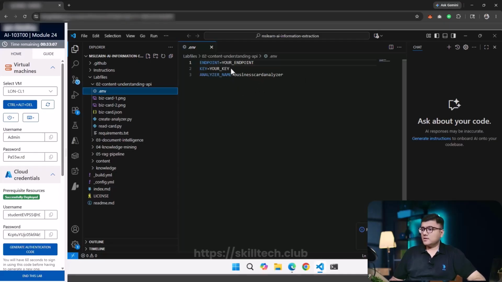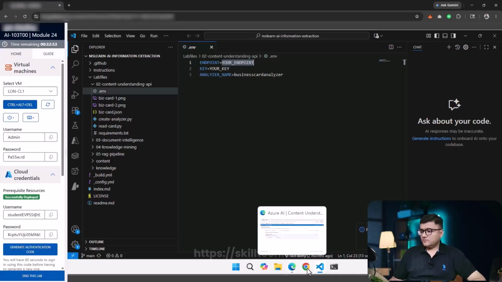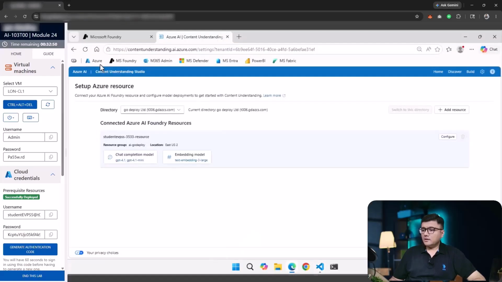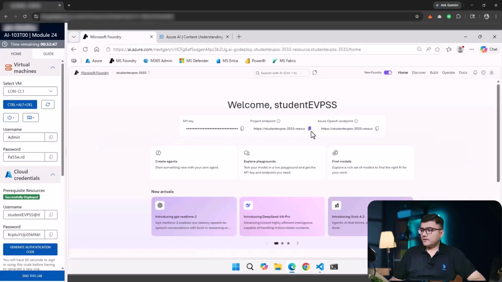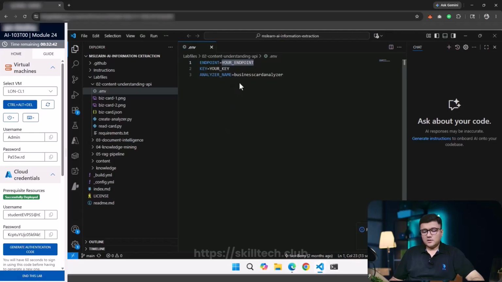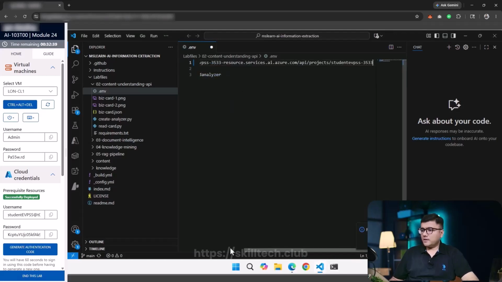So let me just do this. I'm going to use my endpoint, which is my Foundry resource endpoint. So I'll go to Foundry project, and then I'll go to this one. I'll copy the project endpoint first. And then when I paste it here, this is going to be https:// the resource name, followed by services.ai.azure.com. Only up to this point I have to put. I don't need to put the full URL of the project. So this is what I need as an endpoint,